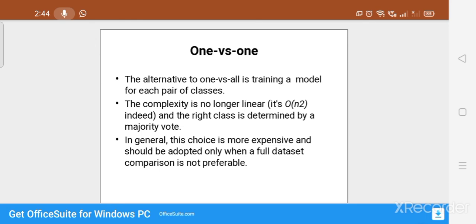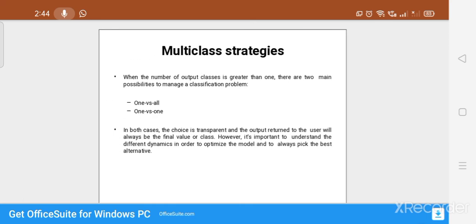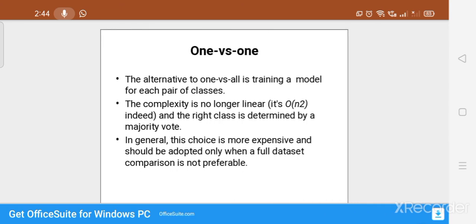And the right class is determined by a majority vote. In general, this choice is more expensive and should be adopted only when a full dataset comparison is not preferable. Clear? So this is all about the multi-class strategies. Now the next point is